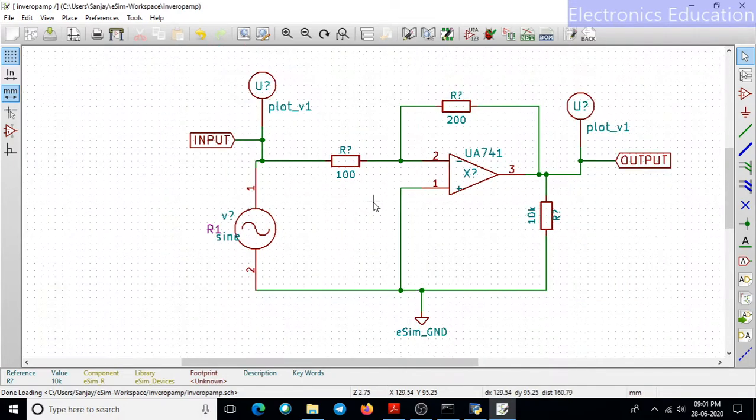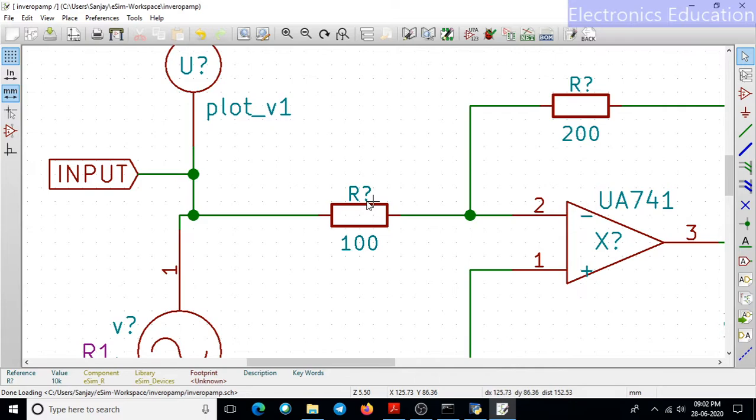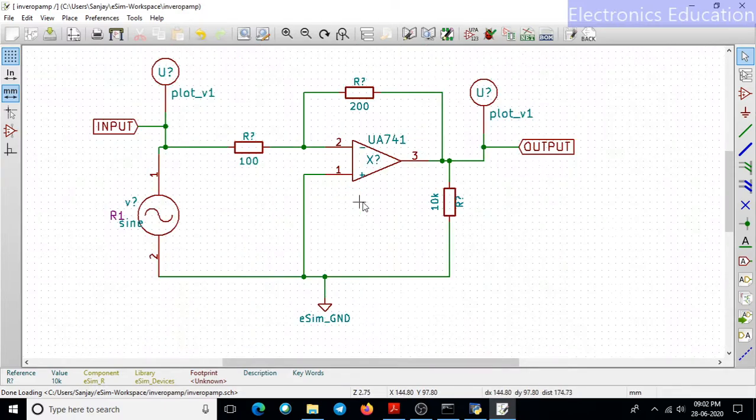There is only one part left now, to annotate the particular circuit. So here we can observe R is R, the name is not given here. Similarly, name also is not given here, so there is a question mark. Similarly for V there is also a question mark. For here also we have a question mark. So we can just click this annotate button.